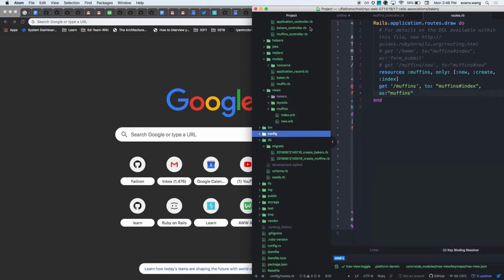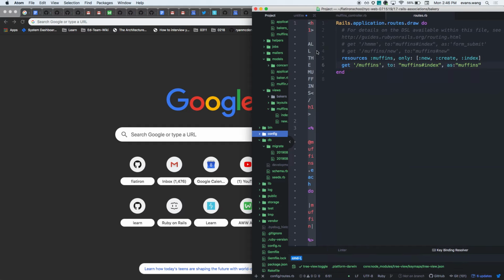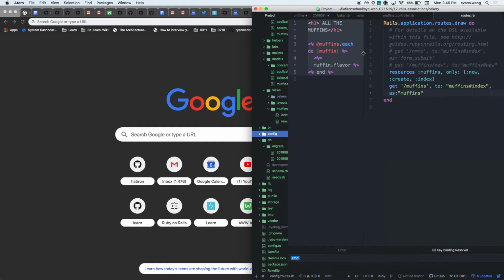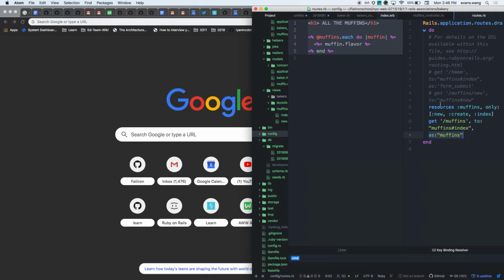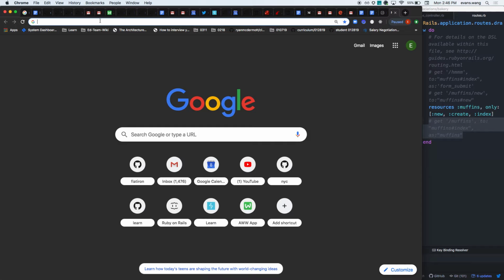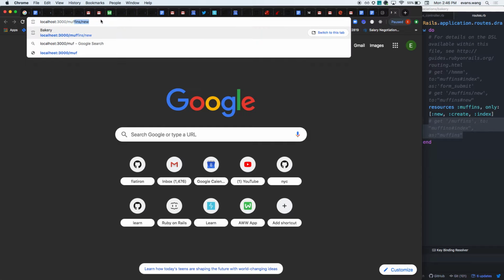When would you use muffins path inside of the controller? Whenever I reference the variable, I will type out underscore path. But if I'm building the helper, I do not. Good question. So if I want to get to slash muffins, that's going to point to the muffins controller. So if I do localhost 3000 slash muffins,